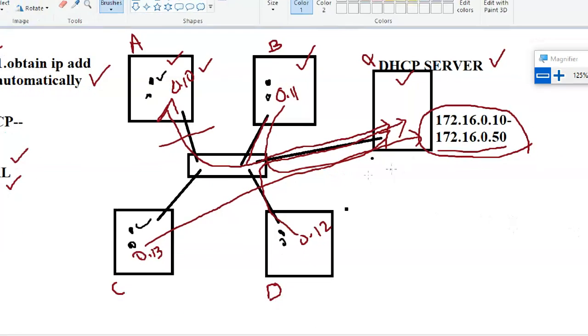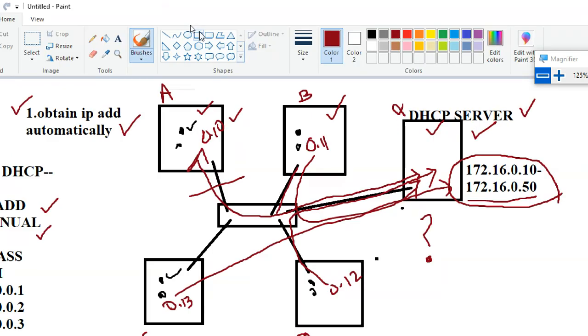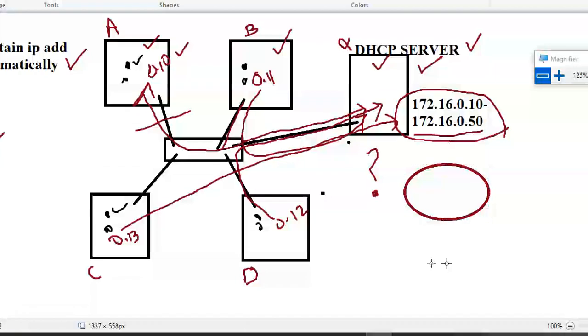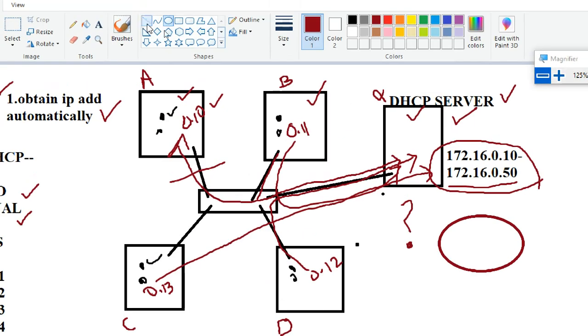But which is your DHCP server? In this diagram, this is the DHCP server. But in your home, if you are connected to Wi-Fi, who is your DHCP server in your home network? Your router. Your router also acts like a DHCP server by default.